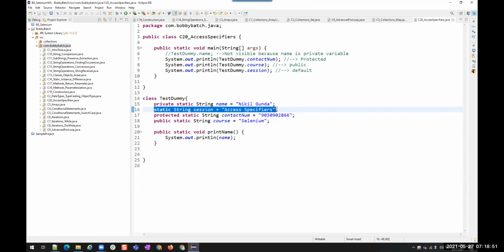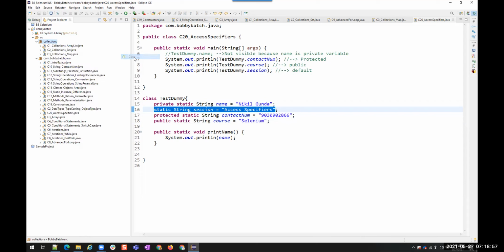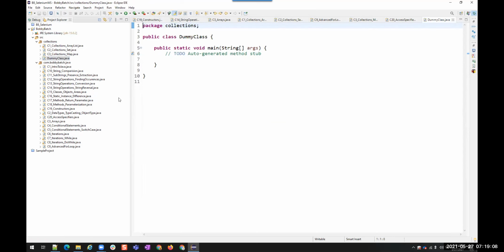default one. Now let me create a sample class in this collections as dummy class. Need a main method over there. Now let us see here. We want C20 access specifiers.